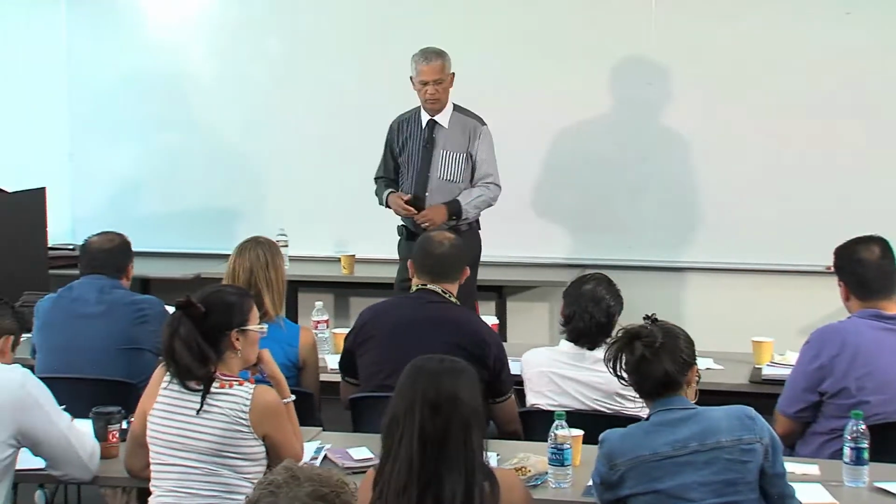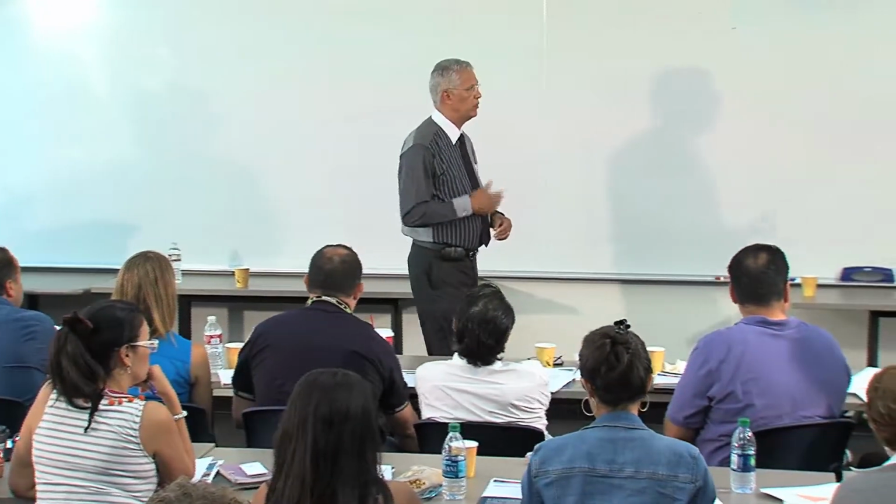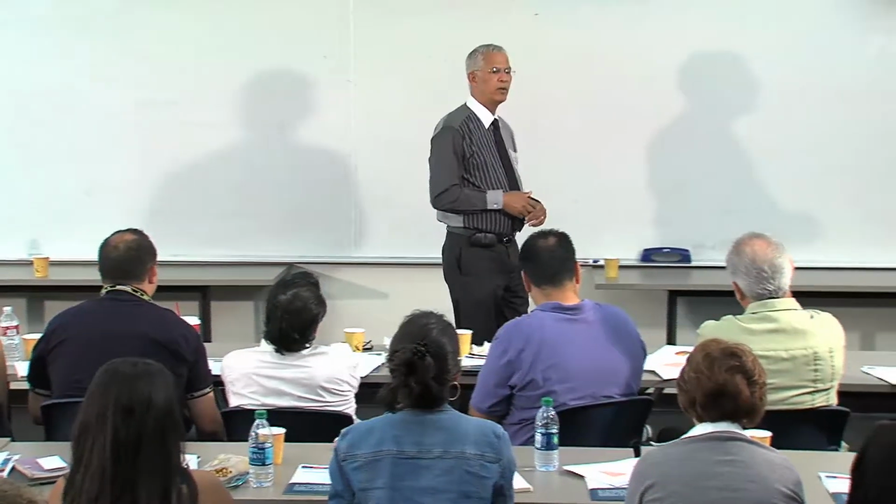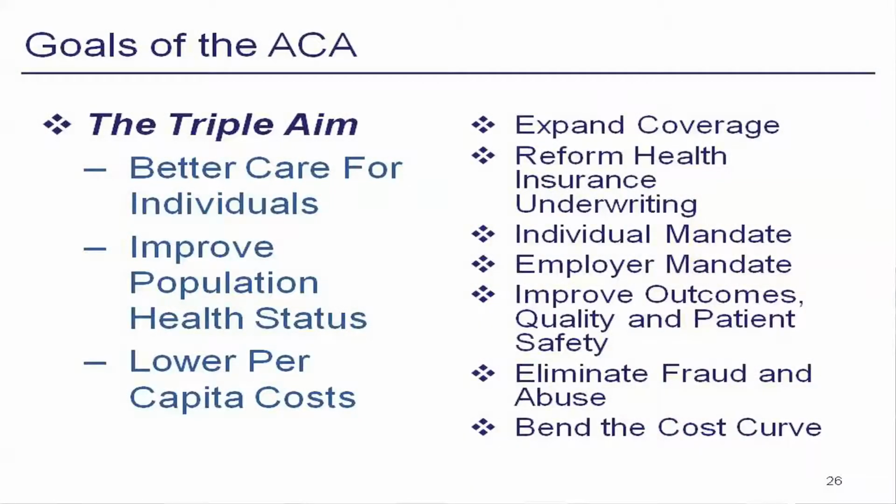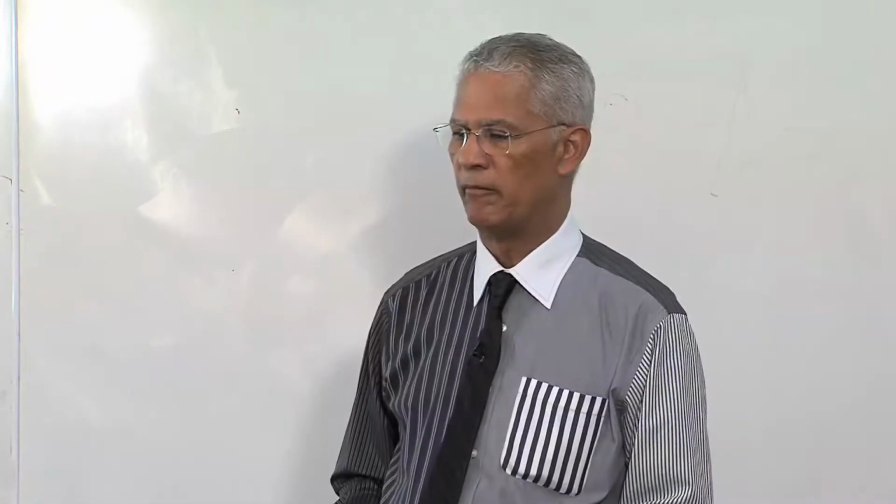I'll skip to the third bullet and then come back to the second bullet. So the candidate, and then later President Obama and the Democrats in Congress, said what we want to do is have every American take responsibility for getting insurance. So they put an individual mandate in place. That individual mandate kicks in next year. 2014 is when the individual mandate kicks in. And what each of us is going to have to do